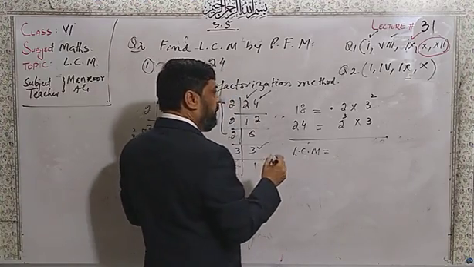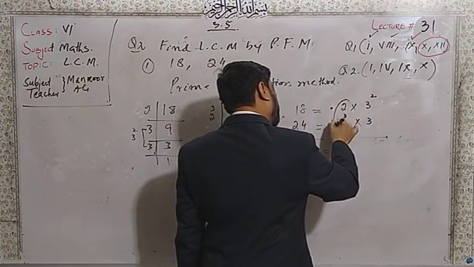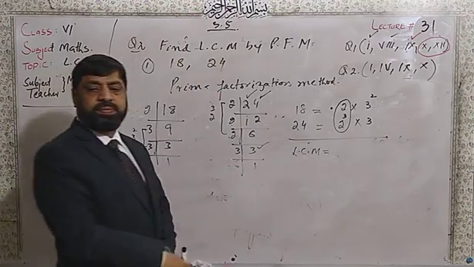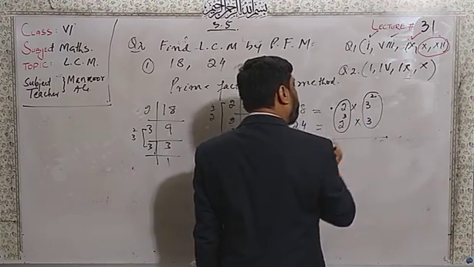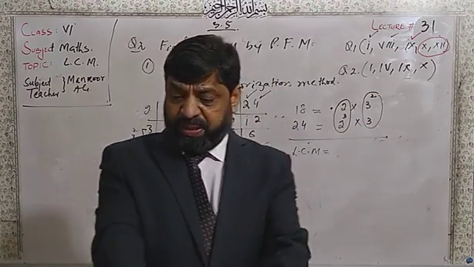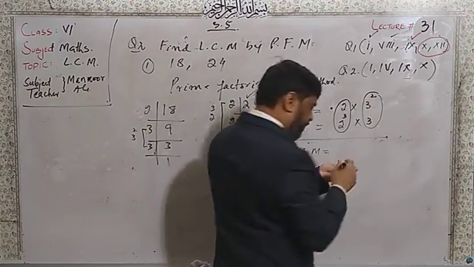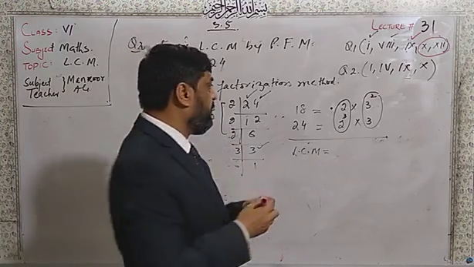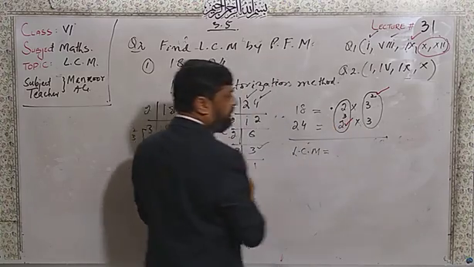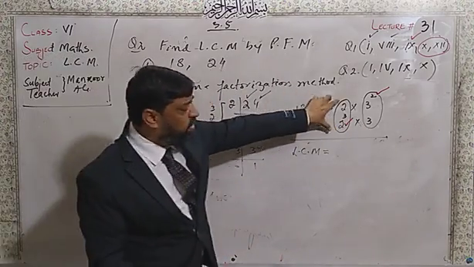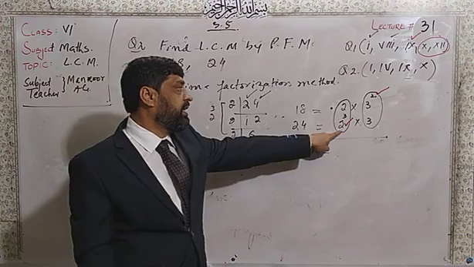Now here we will see, this is common, and again this is also common. But the number that you have to take will be the one possessing the highest power. You will take that number. Here 2 power 3 I will select, first of all this is common, right? Means 2 power 3 will be selected. The maximum power will be selected.